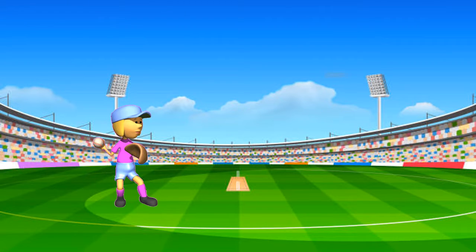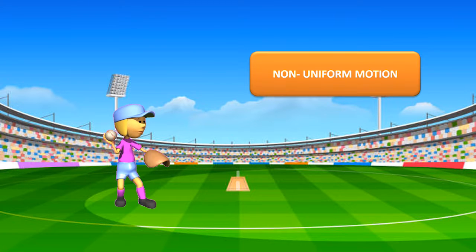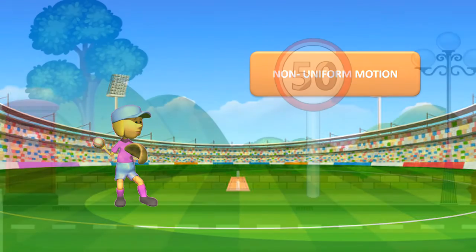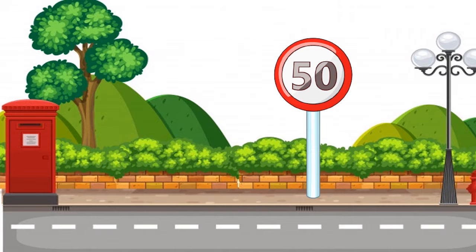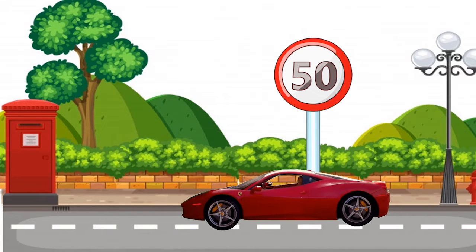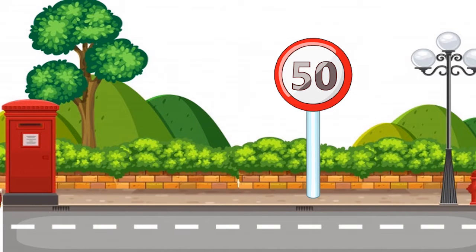If the bowling speed in figure A is 143 km per hour, it means that the ball travels a distance of 143 km per 60 seconds. This bowling speed does not remain constant throughout the game, hence it is an example of non-uniform motion. The signboard in figure B tells the speed that is permitted on the particular road. If the driver follows the speed of 50 km per hour, then it can be considered as an example of